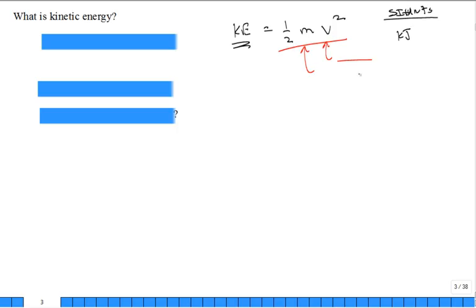How do we get a kilojoule? Well, put in a kilogram, a meter per second, and a meter per second. Did I get the meters per second squared? Okay. So what is a Newton? Is that a kilogram meter per second squared? Did I do that one right? So the second squareds go, kilogram goes, and one of the meters goes. And then what's a joule? Is a joule a Newton meter? And so then we're getting rid of the meter, get rid of the Newton, and we're left with the joule,